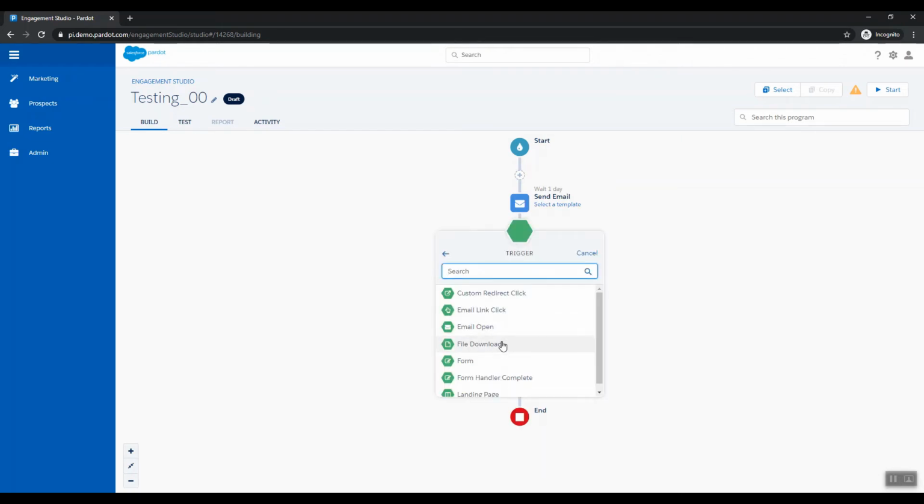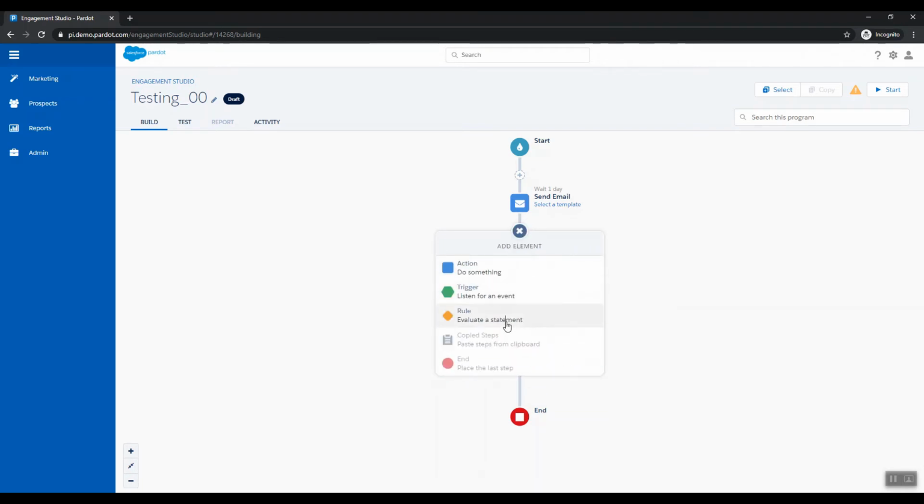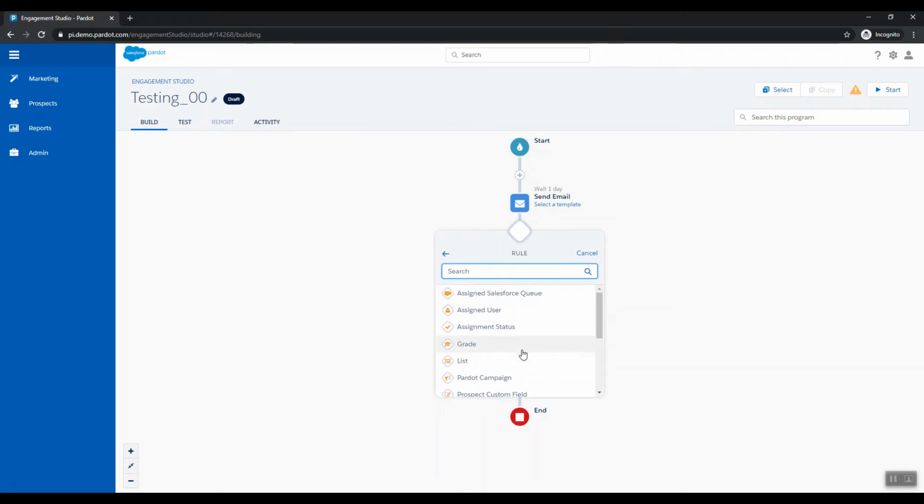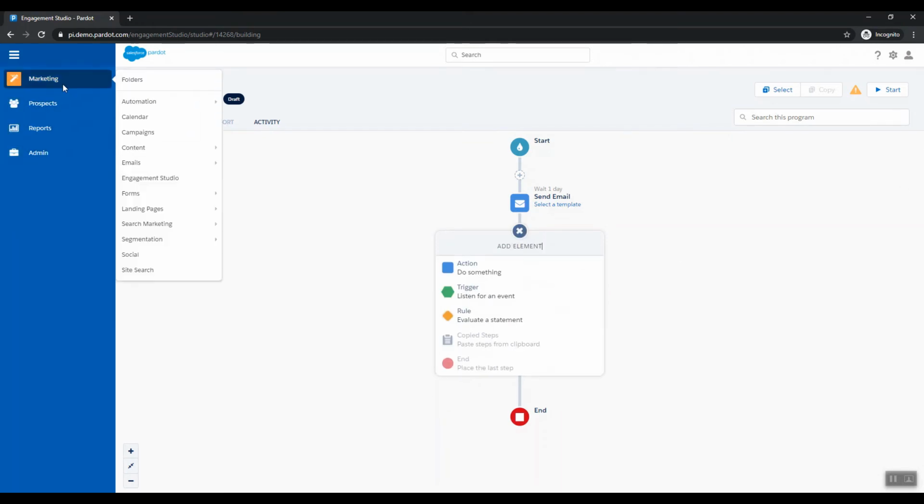So using triggers, we can select, like if this particular email is selected, then the next trigger would be a file download, or open a form, or open a landing page. Rule, so again it's an automation rule, like if this happens, do this. So it has everything over here. And then